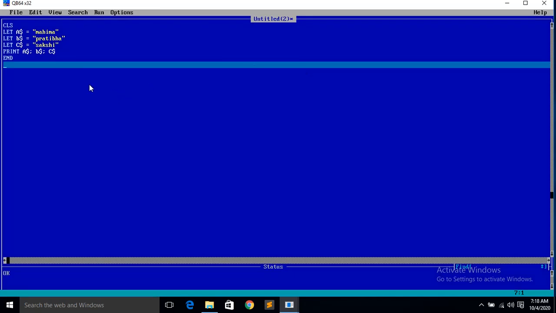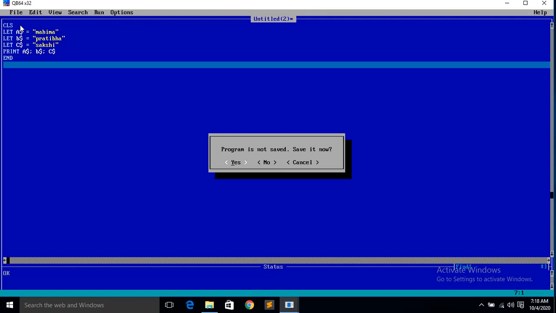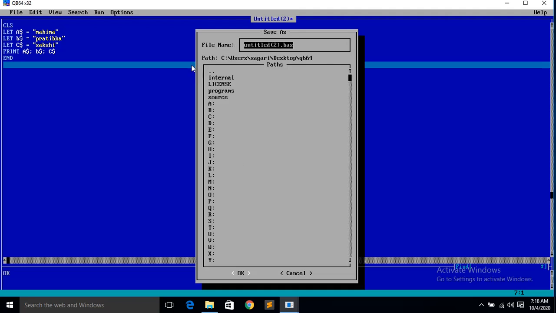Another program I want to show you, which is example 2, by showing you the addition of 3 values. So let us go to file, then new. Now they are asking whether you want to save this file. If you want to save this file, you give yes and give the file name here. So they have already given for you. If you want to change, now remember when you give the file name, the .bas you don't rub, only the file name you change.